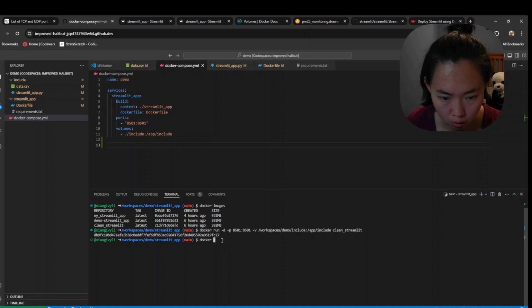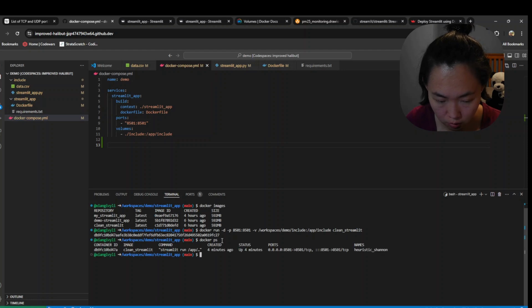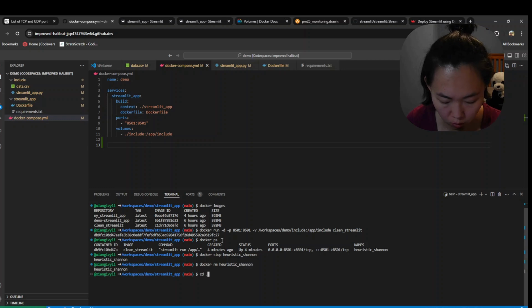so currently let me stop this container. So I will stop the heuristic channel. I didn't define it today, so I will remove it. Heuristic channel, and go back to our